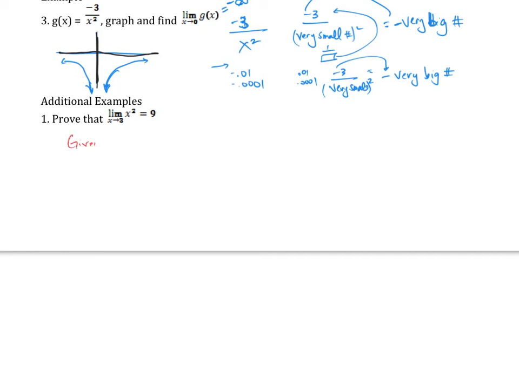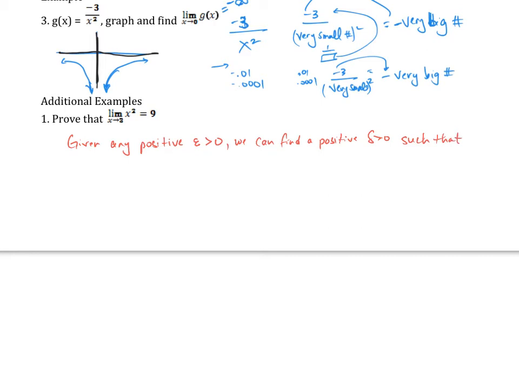We're going to say, given any positive epsilon greater than 0, we can find a positive delta greater than 0, such that, you don't really have to say greater than 0 here, obviously it's going to be greater than 0. So we could say, given any positive epsilon, we can find a positive delta, such that,